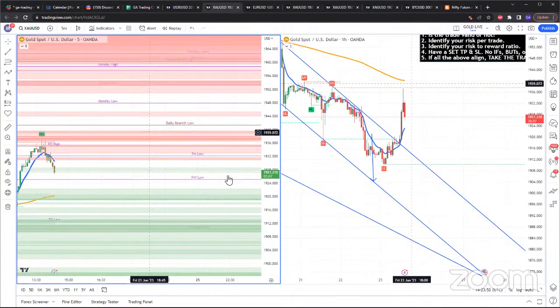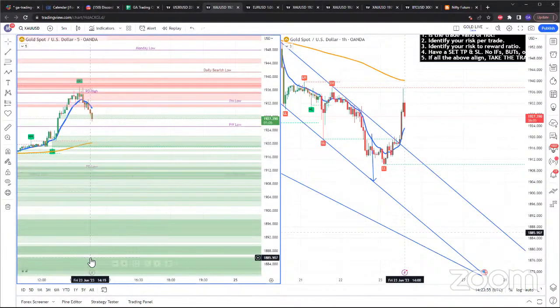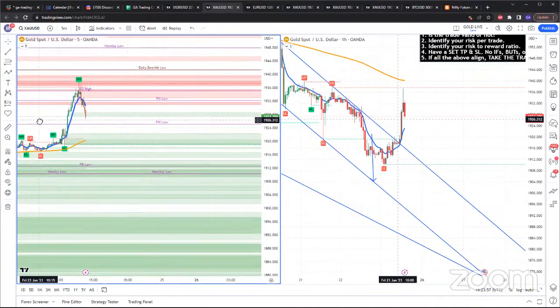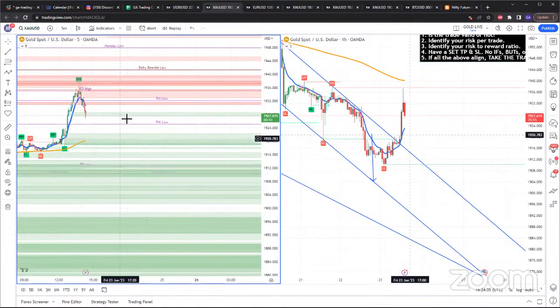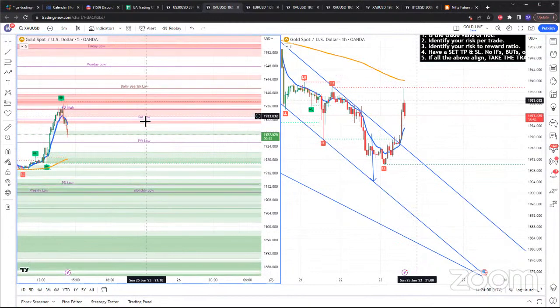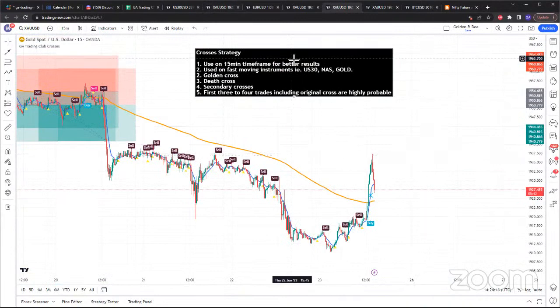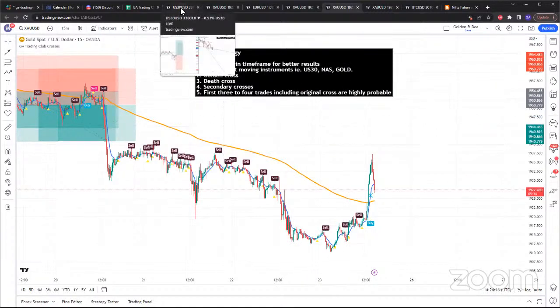We have sellers right here. As much as we have buyers down here, there's no order block for the buyers to use other than maybe price. Again, price does not always use order blocks, it can use fundamentals, price action, whatnot. But yes, we have buyers down here, but what do the sellers have? Sellers have more ammo with the daily bearish low. So using all my indicators, as much as my favorite indicator with a 90% win rate is telling me to buy, I'm probably going to say, okay, I understand you're telling me to buy, but maybe this time I'm going to listen to the other two confluences that I have, if that makes sense.